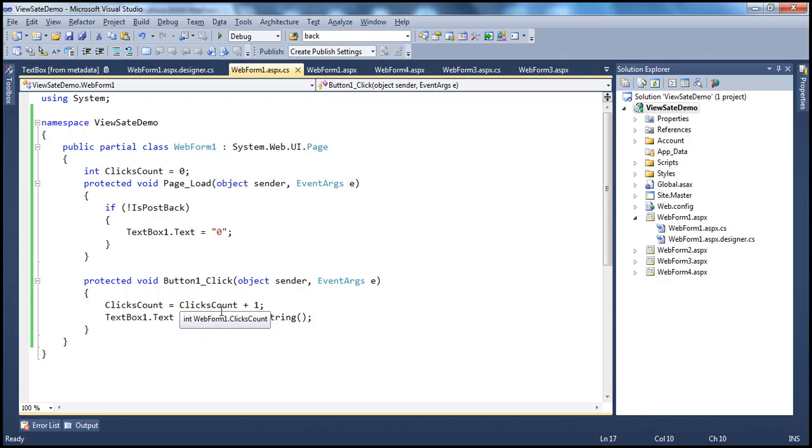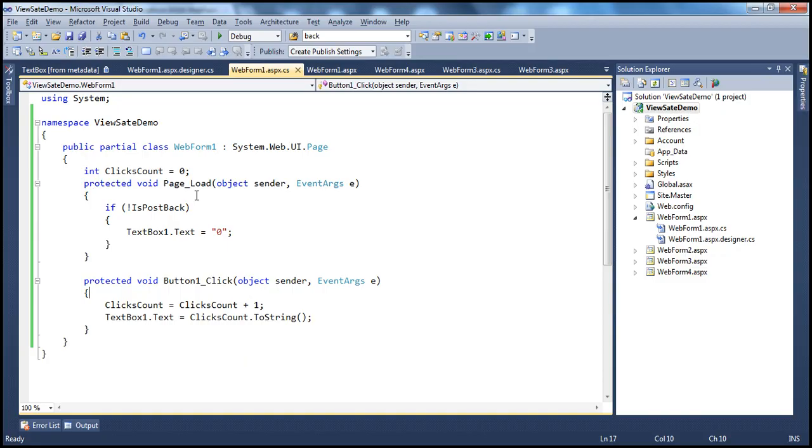And every time you request this web form, a new instance of that web form, controls, and any variables on that web form are recreated. The web server does not remember the state between requests. Okay, now to make the web server remember the state, in ASP.NET we have a Viewstate field that we can make use of. Let us see how to correct this problem